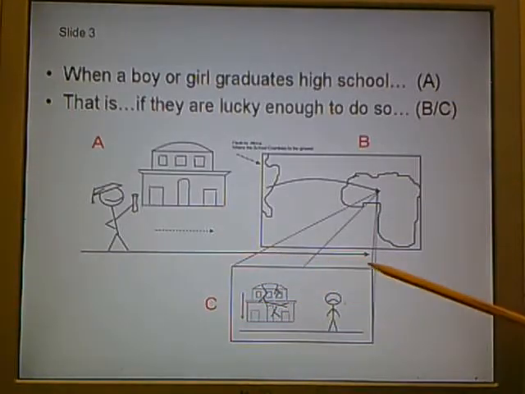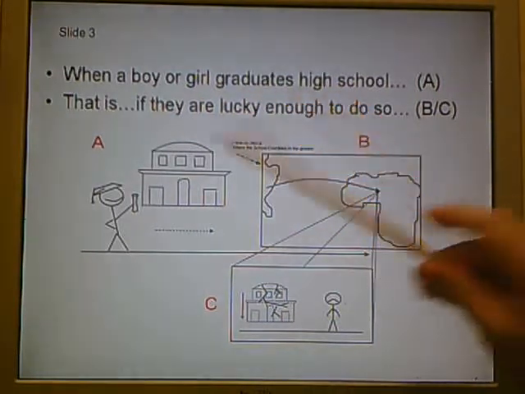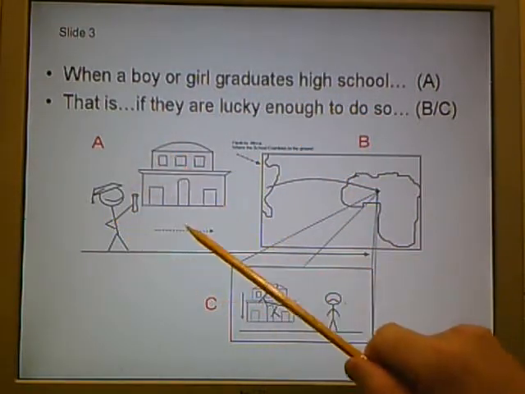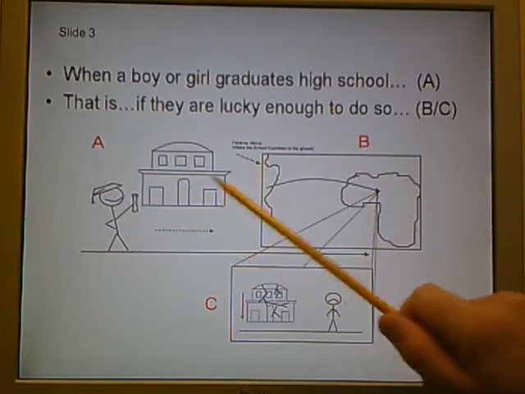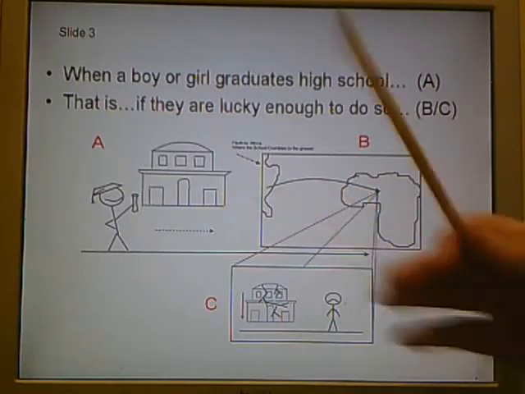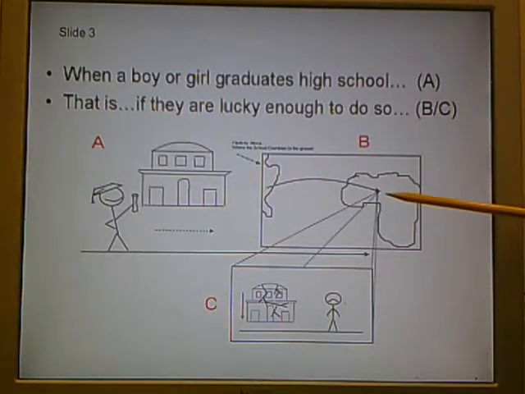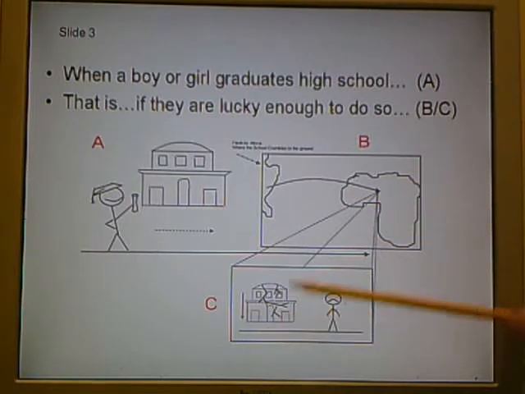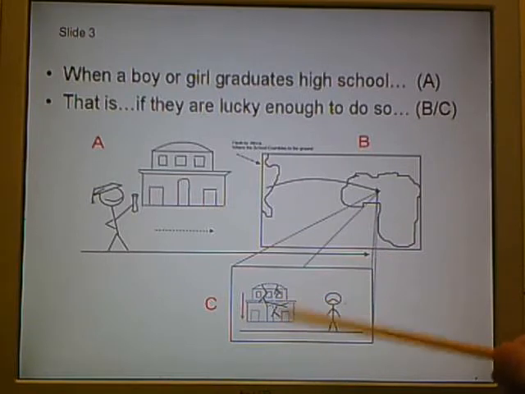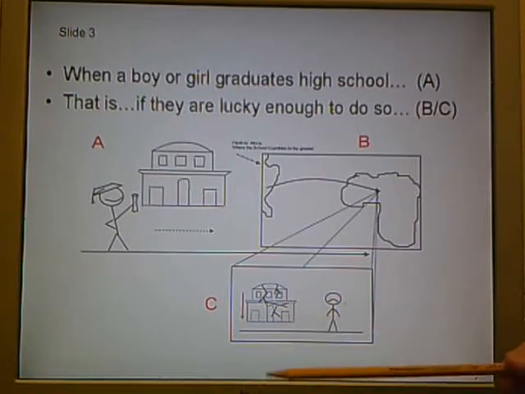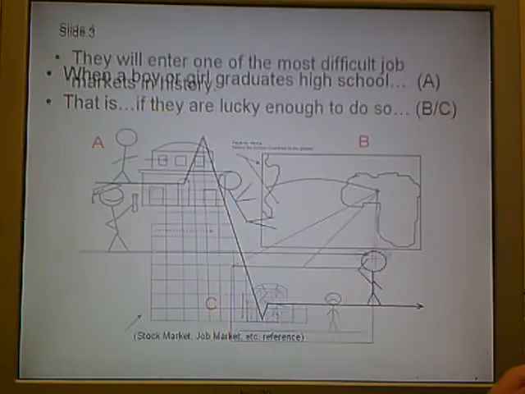Now remember that the line is always continuing, so when a boy or girl graduates high school, there'll be some sort of animated action here with the person graduating. That is, if they're lucky enough to do so. So here I figured that there would be a small window that comes out, representing an African continent or a developing country where the school crumbles and the person doesn't have proper access to education, something like that. We're just going to present these basic concepts to them, and it's not going to look like this. Obviously, they're going to take it and run with it and make it animated and make it smooth.